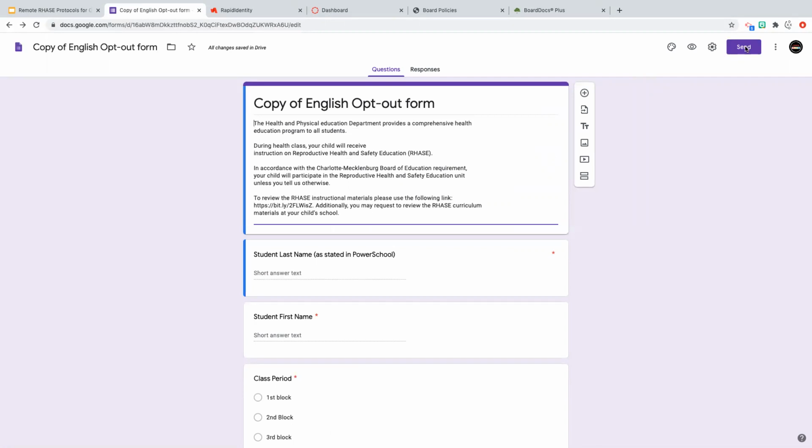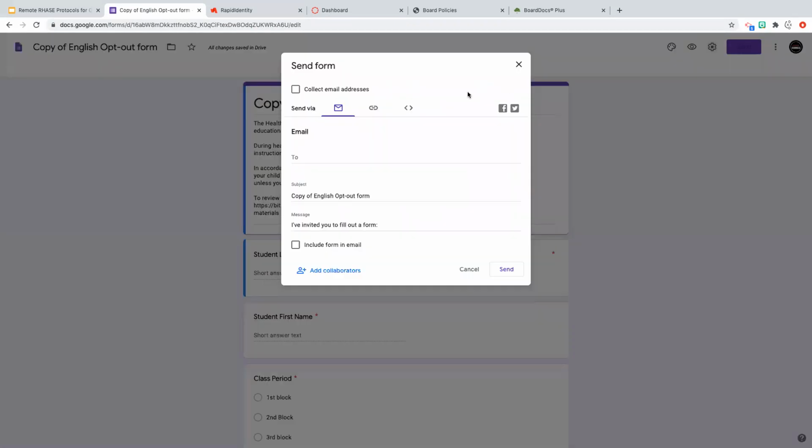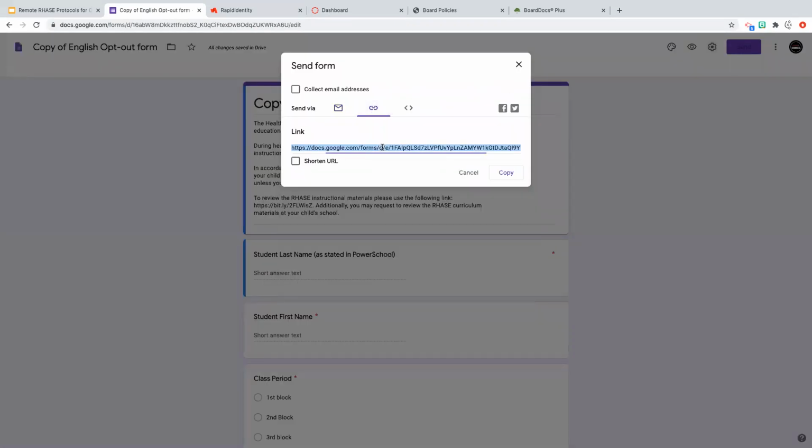From there, I would then hit send. I would get the link, and here's the link, and I would make that copy. Provide that copied link to your students, to the parents of your students, and to your administration. Your administration should also send a connected message just to give the guardians a heads up